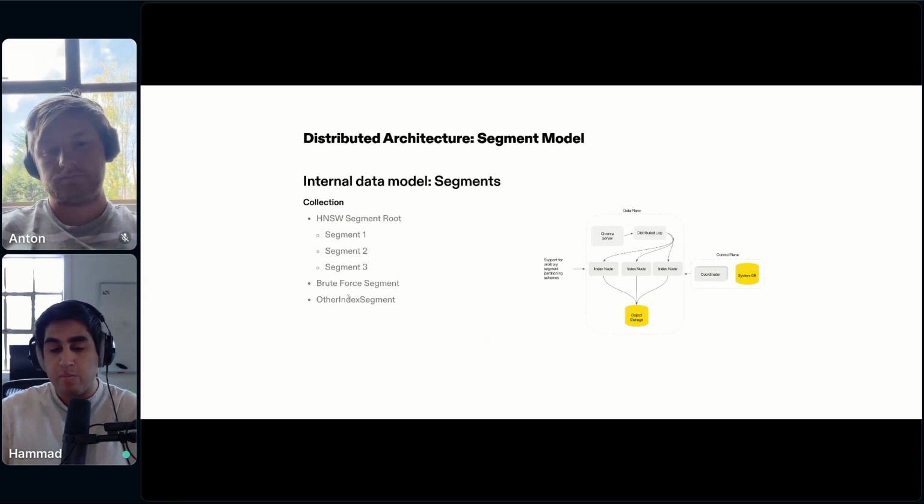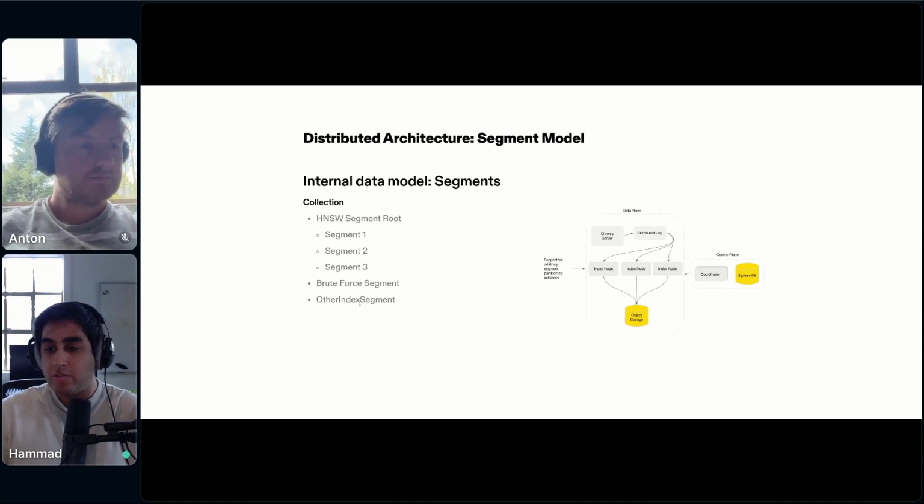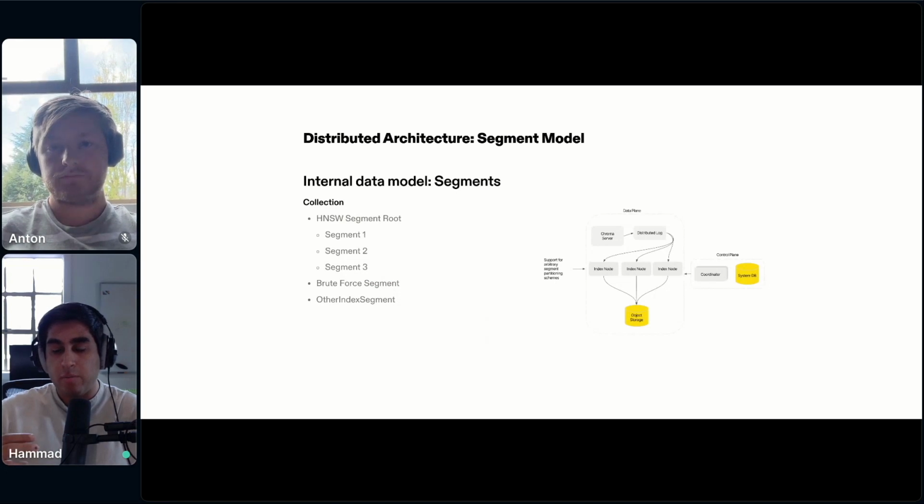And then in the future, as I mentioned, we do want to support plugging different indexes in. This might be things like DiskANN, or maybe just classic KD tree type approaches to doing approximate nearest neighbor search. Whatever the actual index type is, we want to be able to support it. So our data model has been designed from the start to support, A, multiple index types with their own respective partitioning schemes, but also B, the ability to have more than one index and support zero downtime switches between them. You could imagine at first a collection just has a brute force segment. As it fills up, we switch to an HNSW segment once your data scale is large enough to warrant and